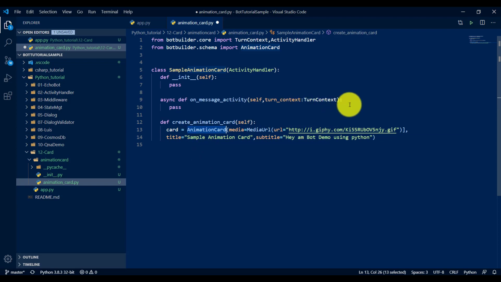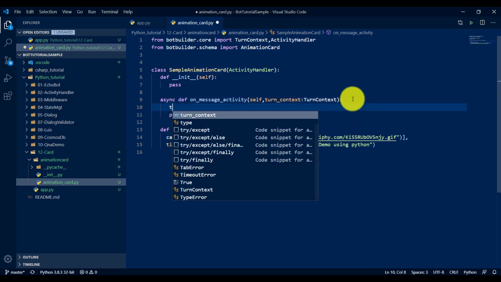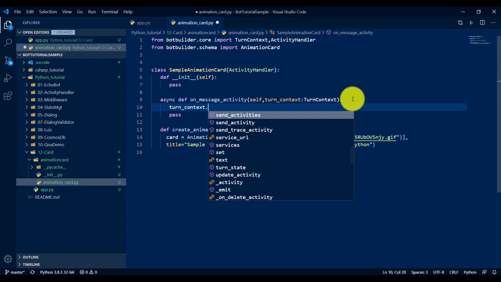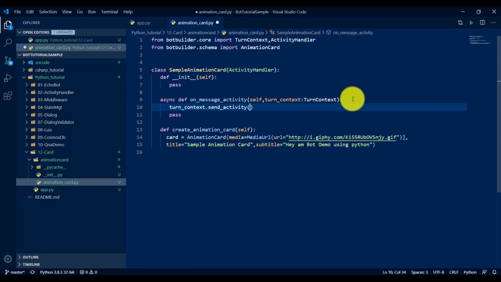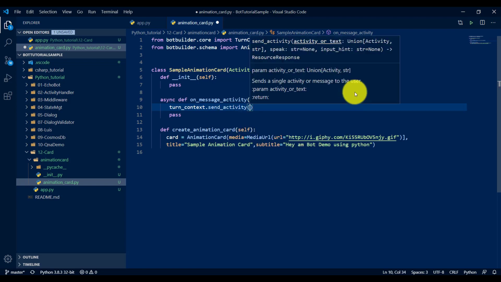First we'll check how to send. Most of you already know you can use send activity or send activities. I'm going to use send activity. If you look at the activity, here you can send text or an activity. There is no card type here, no specific animation card or hero card format.